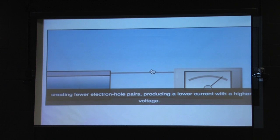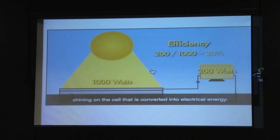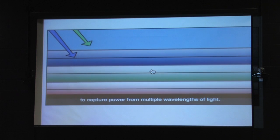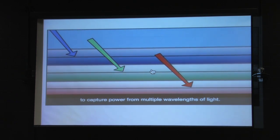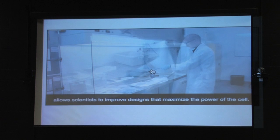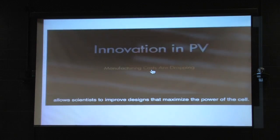A solar cell's efficiency is the percentage of the solar energy shining on the cell that is converted into electrical energy. One way to increase efficiency is to use multiple layers to capture power from multiple wavelengths of light. Understanding the properties of each PV material allows scientists to improve designs that maximize the power of the sun. Innovation in